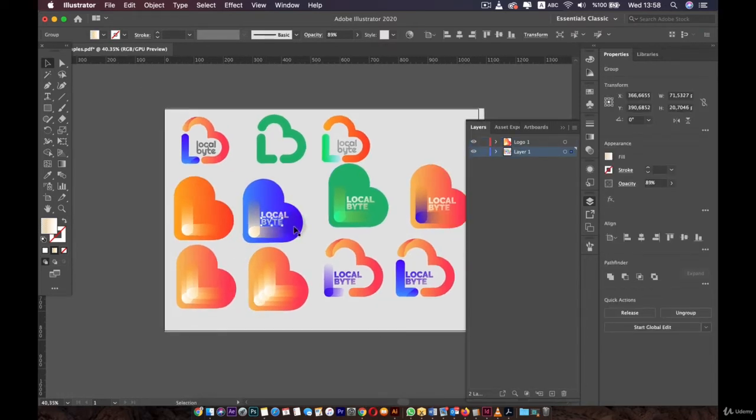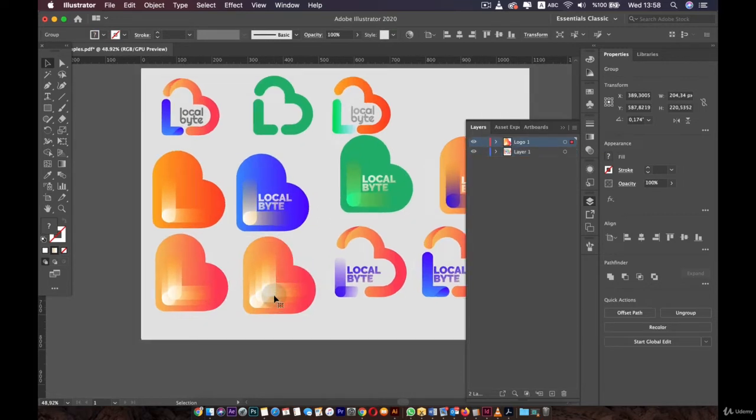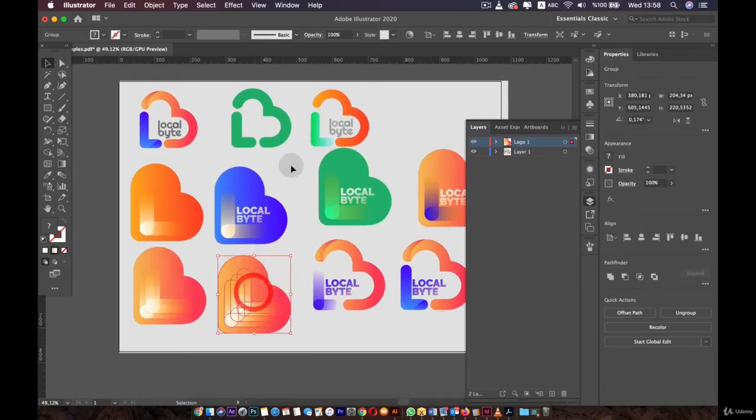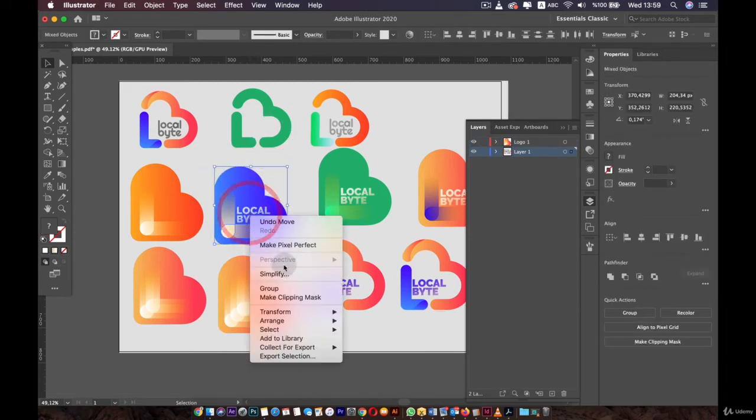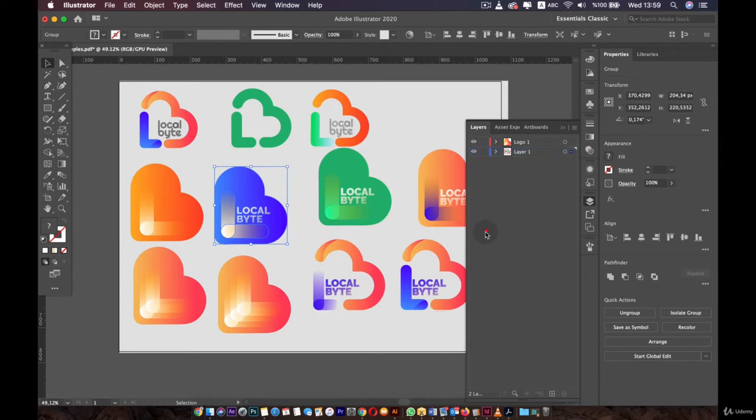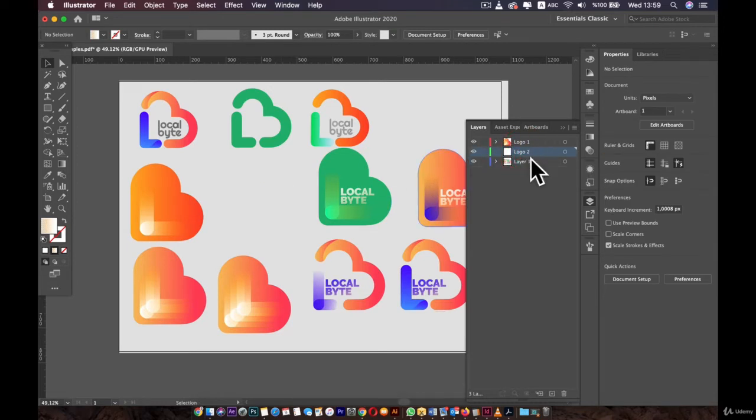This is a very useful technique to organize your layers, especially when you're working with characters and you create characters for animation and you want each body part to be in its own layer. You can do it like this. For now, I just group this logo. I'm going to create a new layer, name it logo 2. And then I will cut this one, Command X or Control X. And then Command F to paste it on the front,